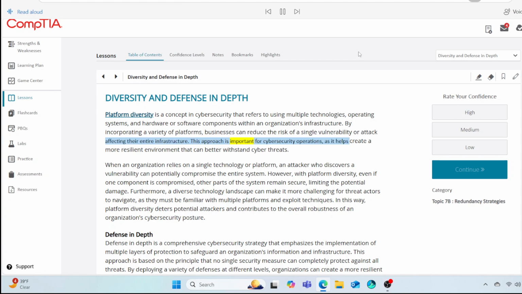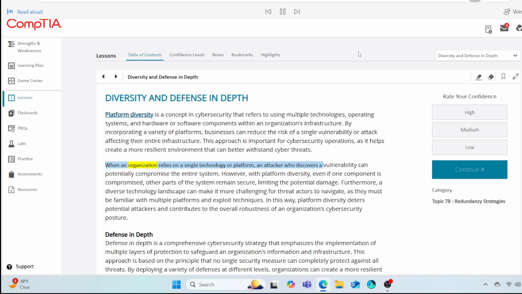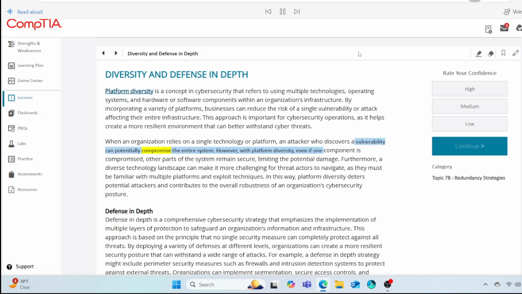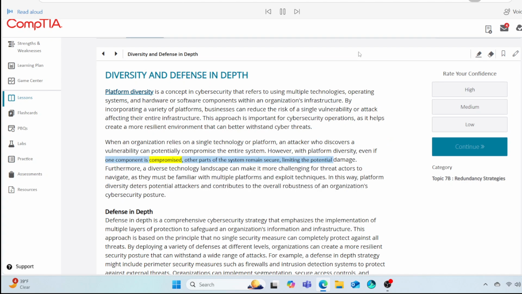This approach is important for cybersecurity operations, as it helps create a more resilient environment that can better withstand cyber threats. When an organization relies on a single technology or platform, an attacker who discovers a vulnerability can potentially compromise the entire system. However, with platform diversity, even if one component is compromised, other parts of the system remain secure,